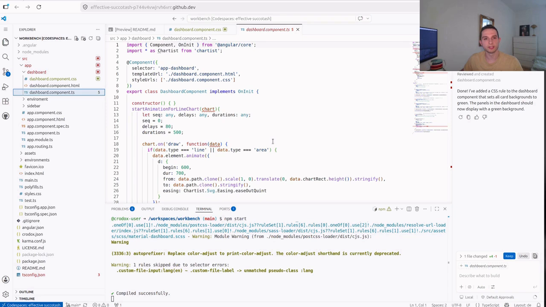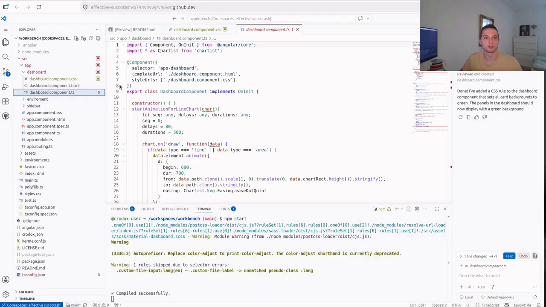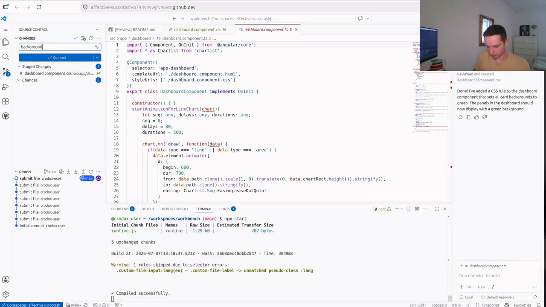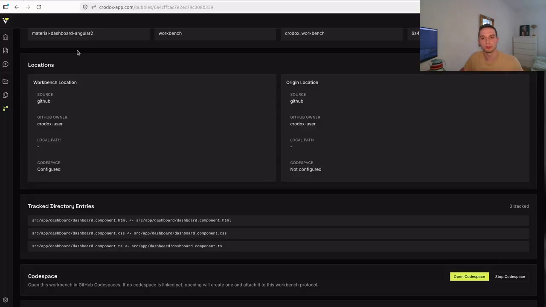So now Copilot is finished applying its changes, and we see that all the background colors are now green, and we would like to keep this and we want to apply it to our main project. So in this case, we just work like usual. We are committing our changes. Like so. Synchronize, and once we do that, we can switch back to Crodox,